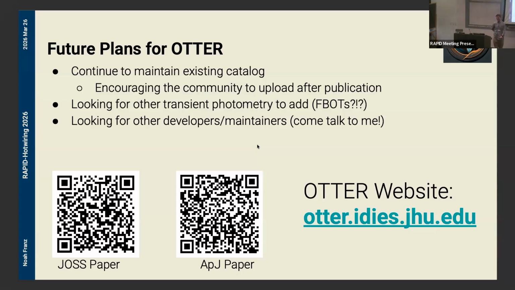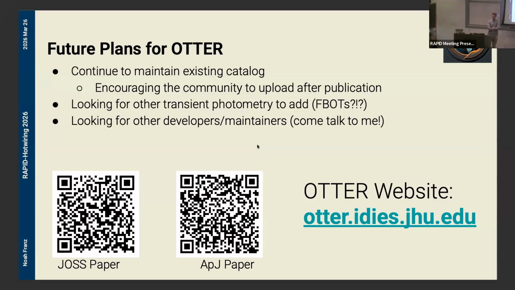Yeah. Can you tell us how you get data from pre-existing papers? And also, is it just photometry here and spectra in WISeREP, or are there any plans to do both? So currently we encourage everyone to upload their spectra to WISeREP and their photometry here. As part of the Python API, we have a way to query WISeREP directly for additional spectra. And in the future, we hope to include spectra in this service as well.